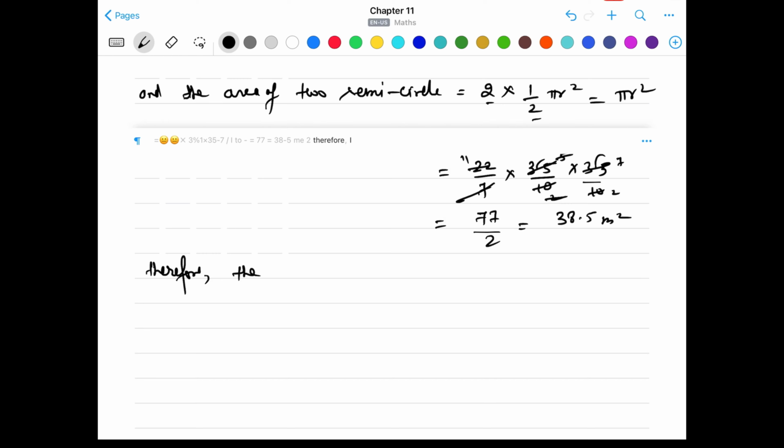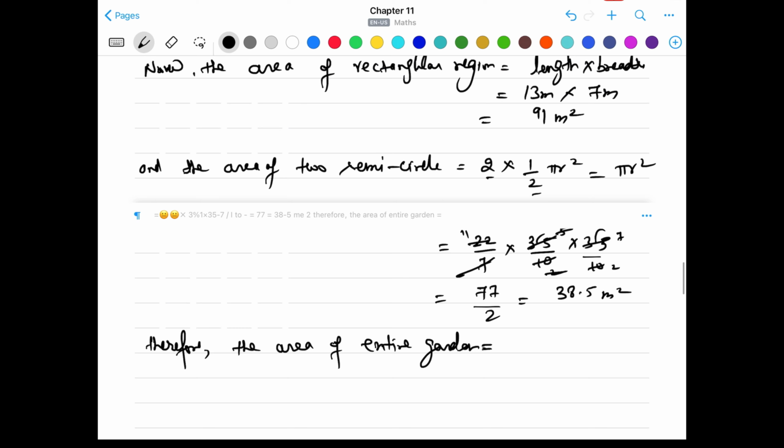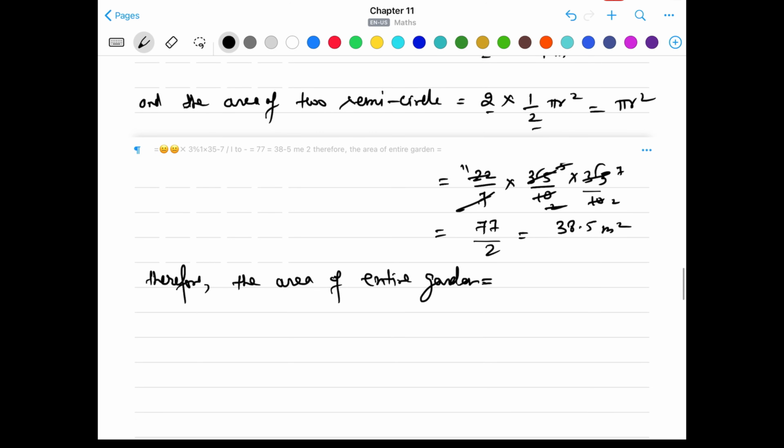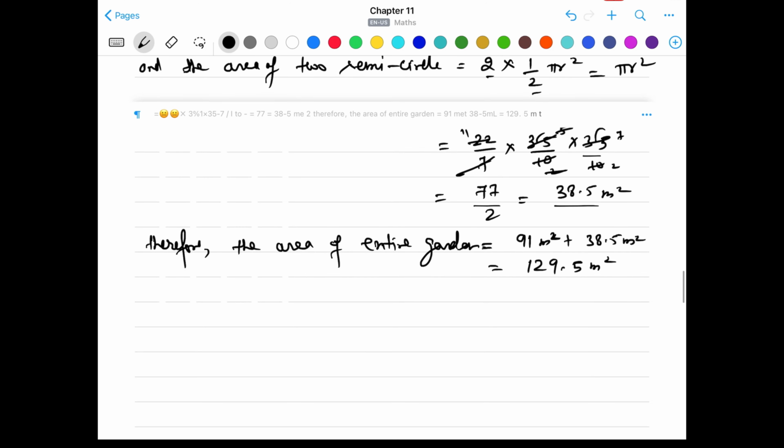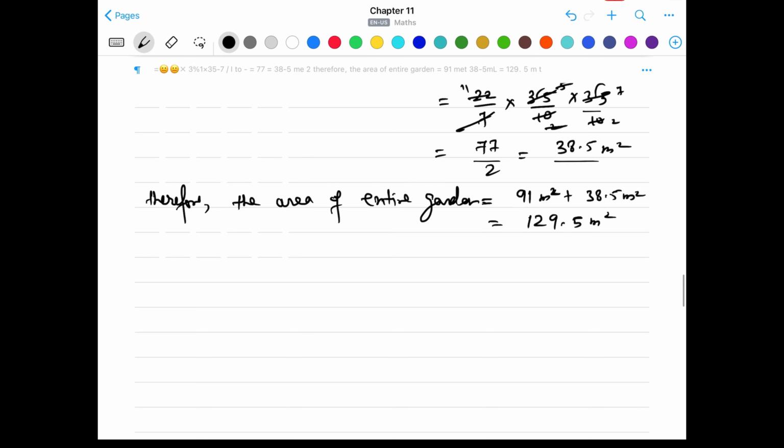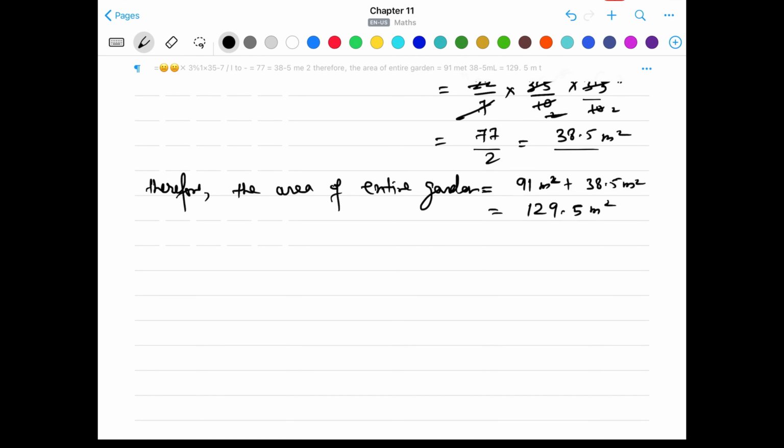Now the area of the entire garden will be equal to the area of the rectangular region, 91 meter square, and the area of two semicircles, 38.5 meter square. When we add the two, the result will be 129.5 meter square. So that's the area of the garden. Now we're going to calculate its perimeter. So let's write,